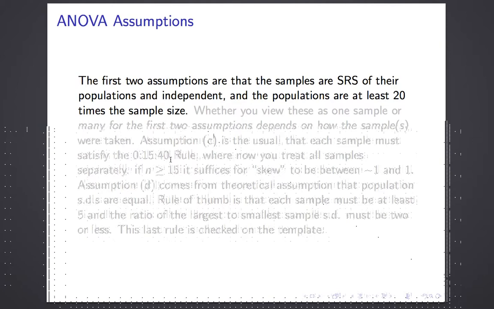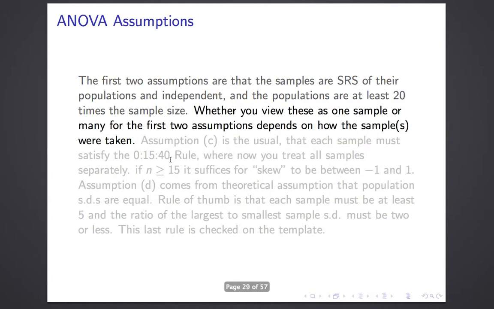ANOVA, the assumptions are a little bit more complicated. Well, the first 3 are not. The first 2 assumptions, as always, are that however many samples you have, they are all independent, simple random samples from their populations. And the second assumption, as always, is that however many samples you have, each of their respective populations is 20 times the sample size. And as always, in assumptions A and B,